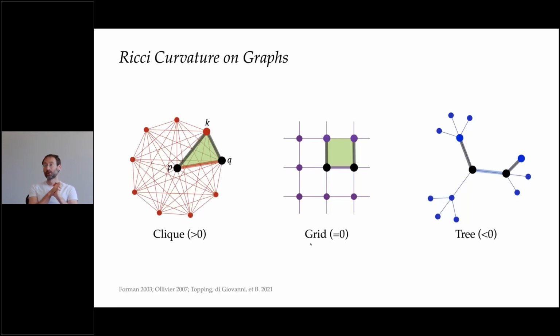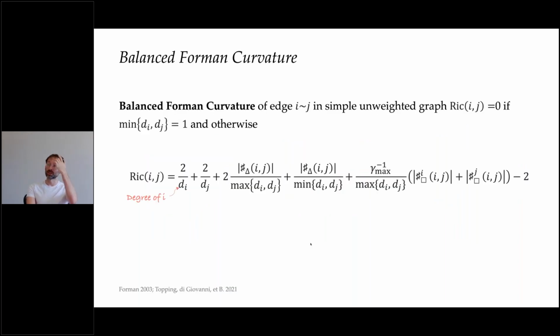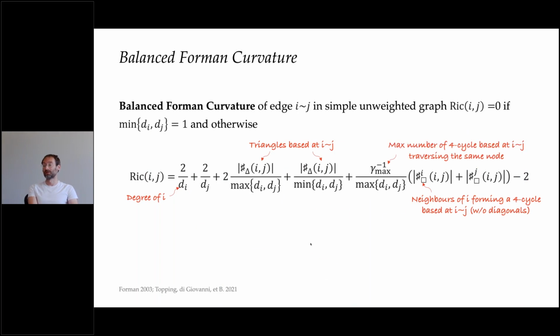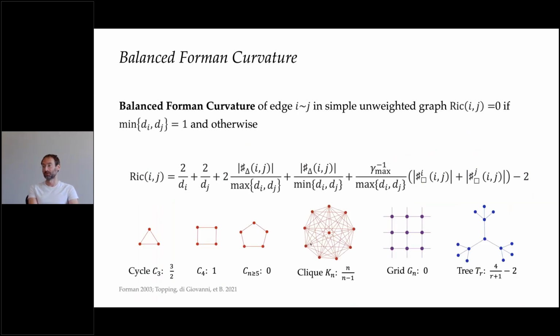So something similar can be defined on graphs. I can take two nodes that share an edge, and I can look at the edges that emanate from these nodes, and I see if they form cliques. In this case, we're talking about something that looks like spherical geometry or elliptic geometry. If they remain parallel, so they form rectangles or look like a grid, this is kind of flat geometry, or if they diverge and form tree-like structures, in this case, we're talking about hyperbolic behavior. And we can define a curvature, allow me to skip the details, that reproduces the behavior of the continuous Ricci curvature. So it will be positive for cliques, 0 for grids, and negative for trees.